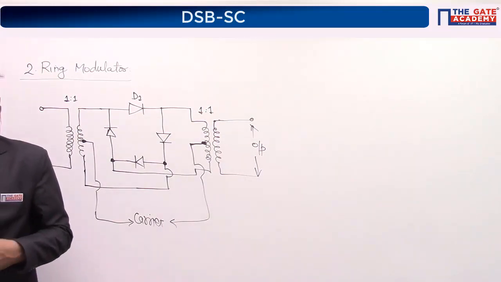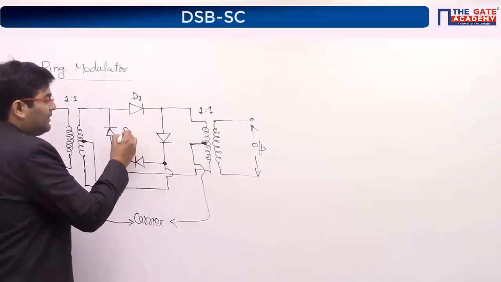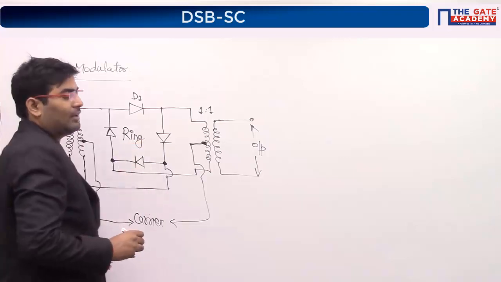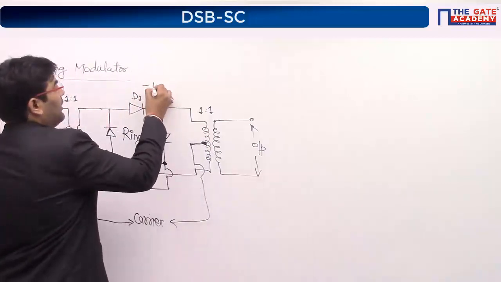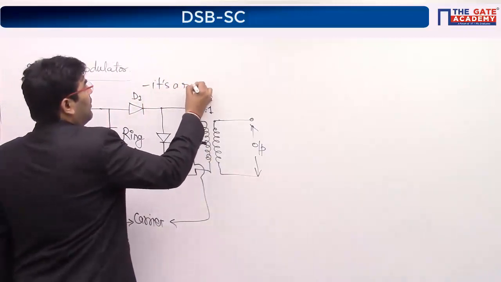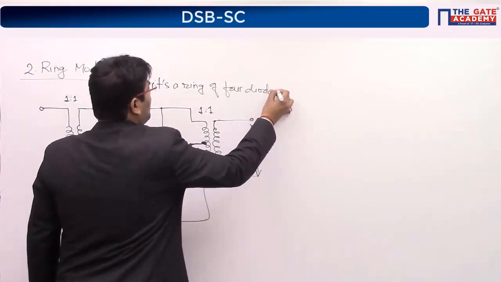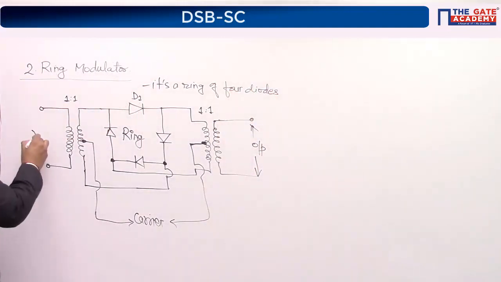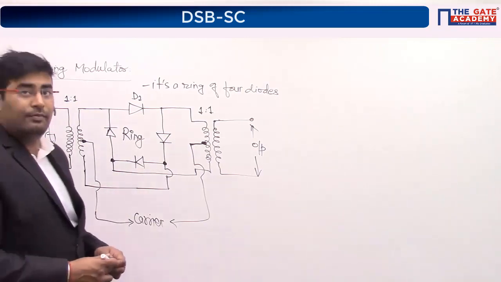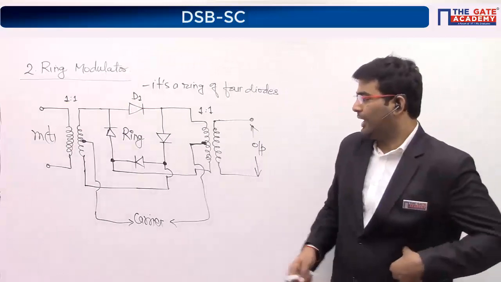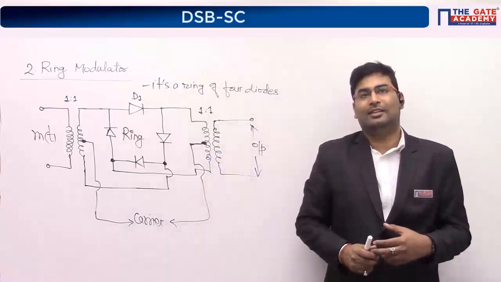Now guys, if you look at this diagram, it looks a little complicated, but if you focus here, this is the ring. This is the ring, and that's why it is called a ring modulator. Why is it called a ring modulator? Because it is a ring of 4 diodes. Please write it down. Please draw it. And here we have m(t), the message signal. Turns ratio 1:1, no step up, no step down. Clear, guys? Can you see a ring, a square ring, which we can actually wear? Can you see it, guys? Yes or no? Please respond.